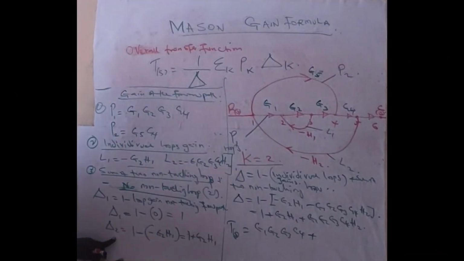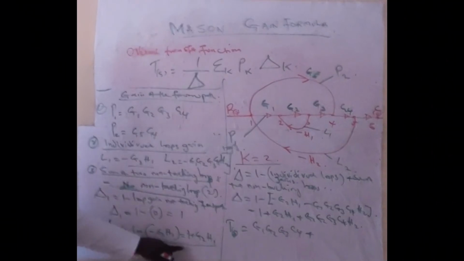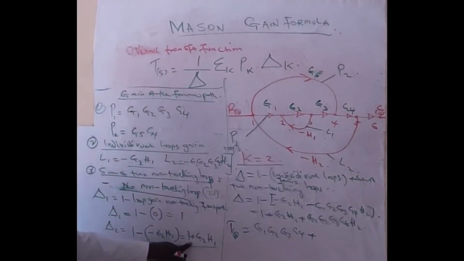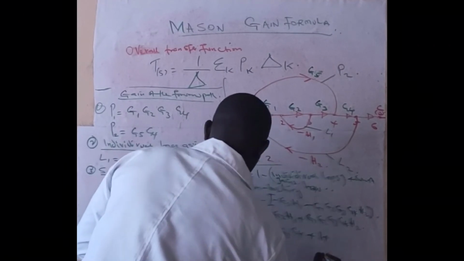So this multiplied by this, 1 plus G2 H1,